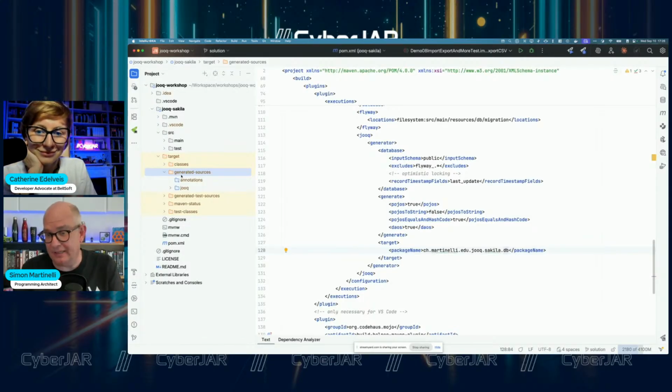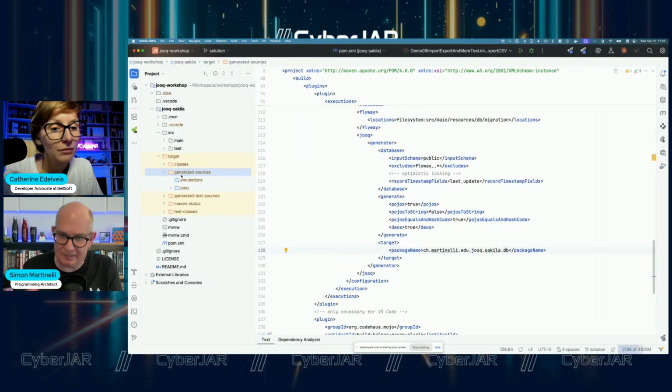But you also can decide to put the generated classes under version control. I usually don't do that, because the generation can run every time, and so I don't need to do that maybe, but that's more a matter of taste. What could be is if you have a very big database.